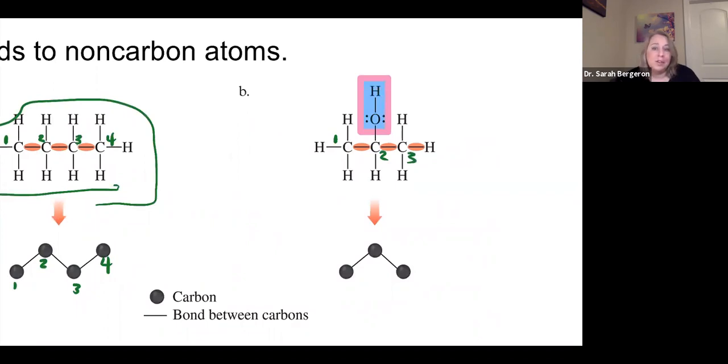So I need to make sure to add that into my structure. So I'm going to draw 1, 2, 3 carbons, but I have to be careful. There's something attached to that second carbon. So when you look at that second carbon, what you want to do is add another bond